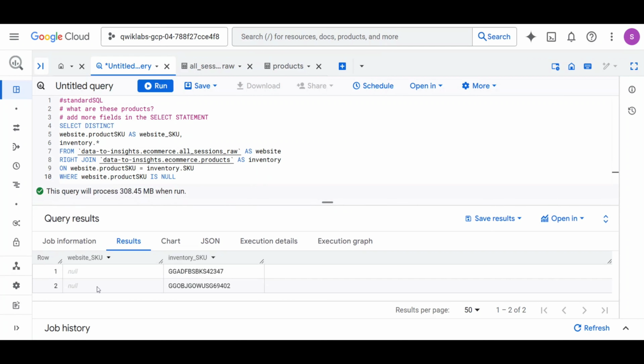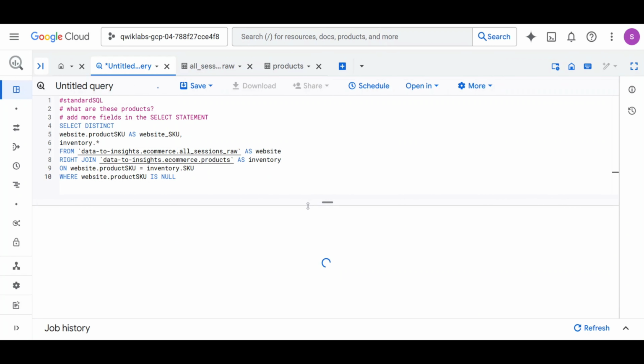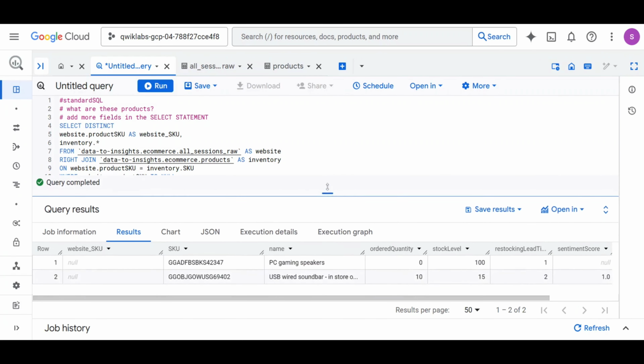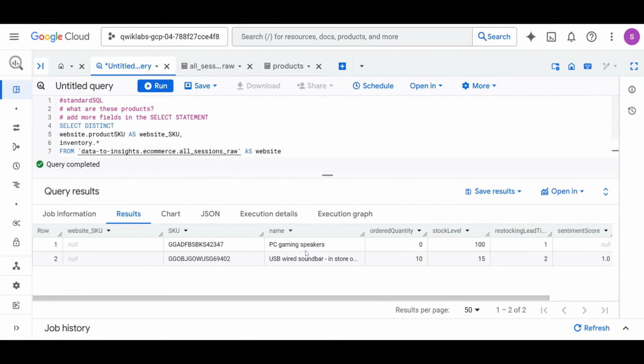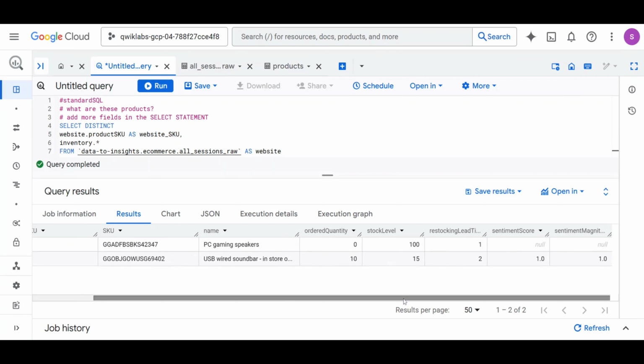So why could that be? So it could be that those products are not sold from the website, only sold from the warehouse. You would have to come in person to the warehouse to pick them up. So as we can see, when we run website product SKU and then join it with the inventory information, so we have inventory.star, if you see that. So we select everything from the inventory table. We find that